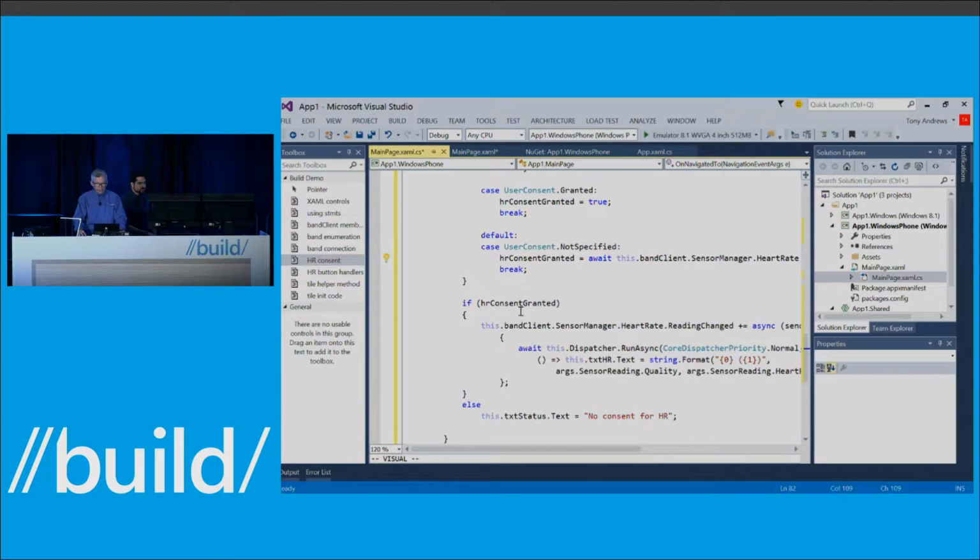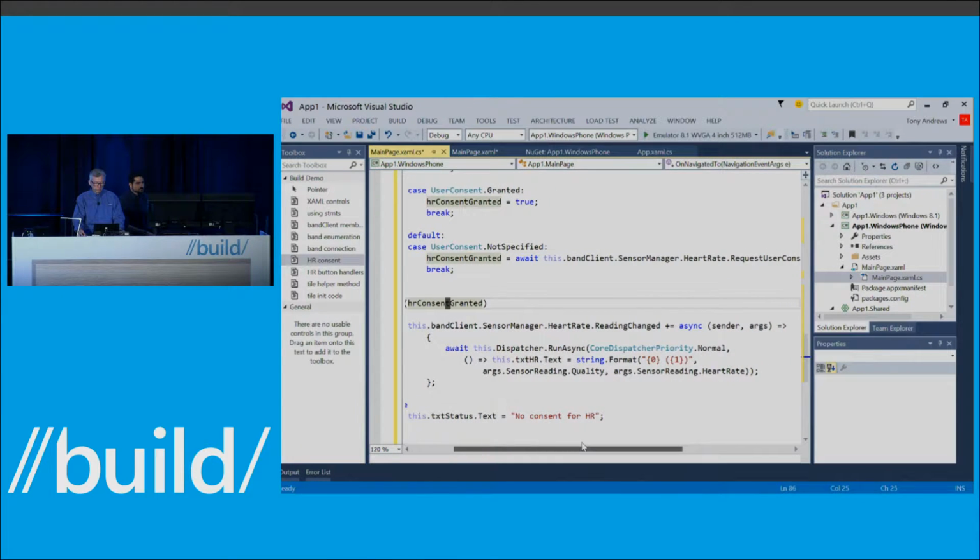Okay, so once we get out of that switch statement, we've got our answer, and if the user has given us consent, then we want to go set up an event handler to respond to that information as it starts to come in. So again, we go back to the sensor manager, the heart rate sensor, and now we're going to set up a handler for this reading changed event. And it's going to be an asynchronous handler.